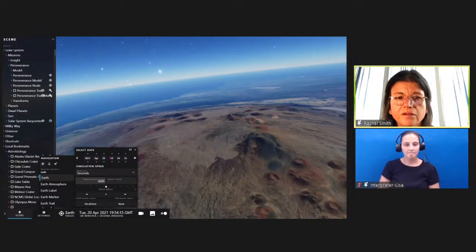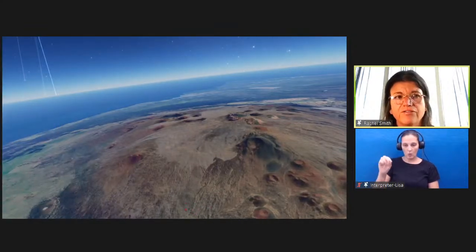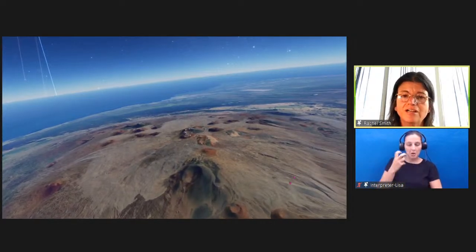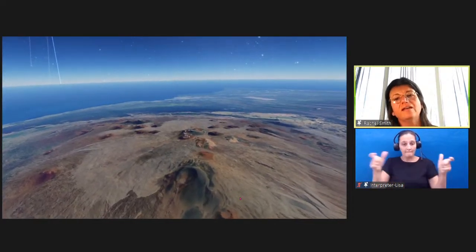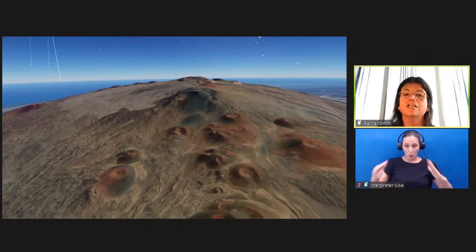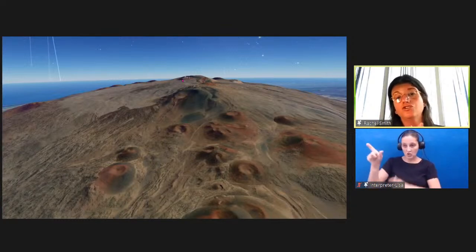There we go. This is a shield volcano in Hawaii, and it's mostly dormant. We don't think it's ever going to erupt again, but there's still a small percent chance that it could. This is on the Big Island of Hawaii, and it's about 14,000 feet up. It's a shield volcano, which is the same type of volcano that's on Mars, which is the largest planetary dormant